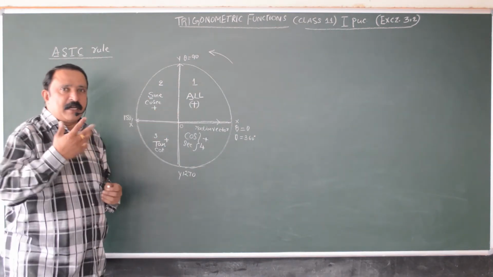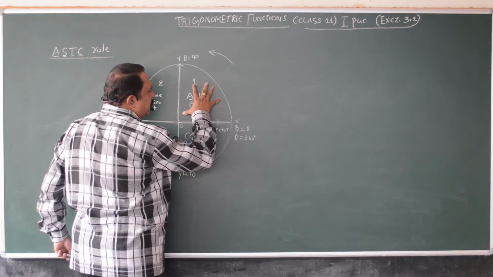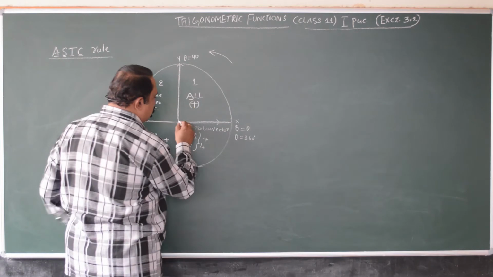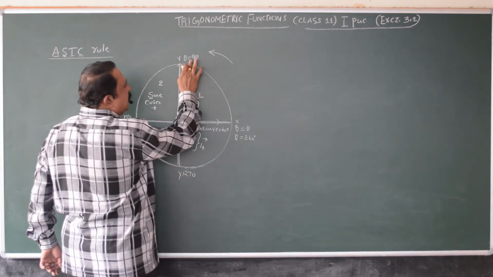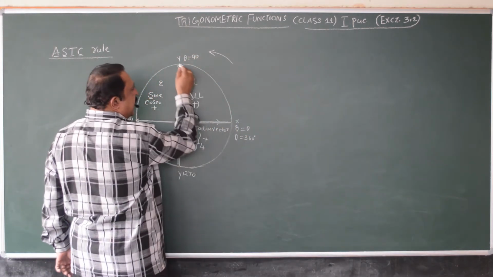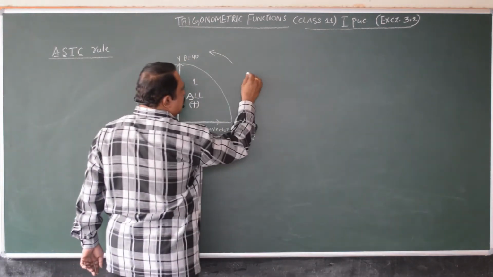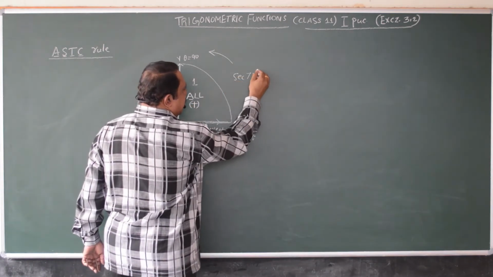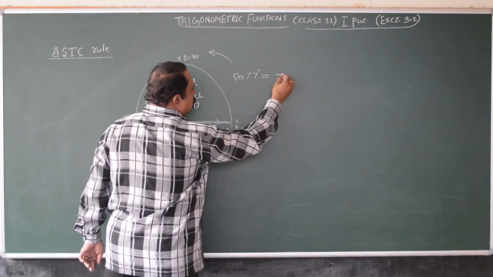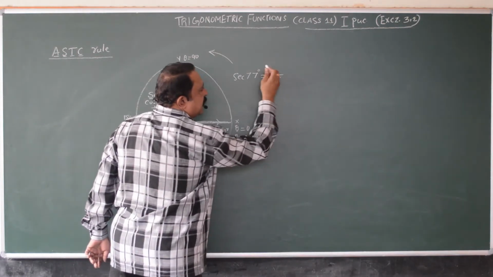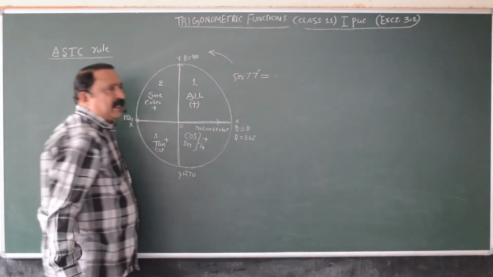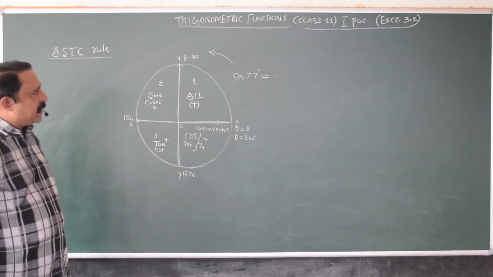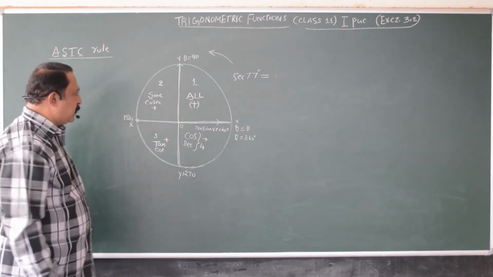What is the expansion of this rule? Any trigonometric function, if it is in the first quadrant, should have a positive sign. And the first quadrant is defined between 0 and 90 degrees. For example, I take any angle between 0 and 90 degrees, say 77, and any trigonometric function, since all are positive, say secant 77 degrees, it should have some positive value. It cannot begin with negative. That is wrong. Secant 77 or tan 77 or cot 89, any value between 0 and 90 degrees for any trigonometric function should give positive.